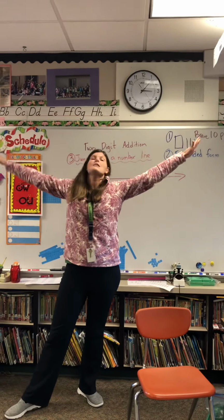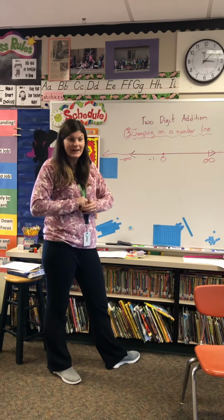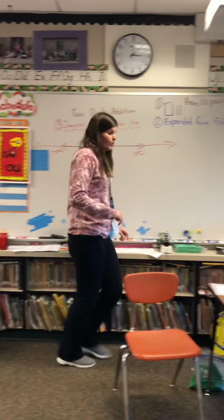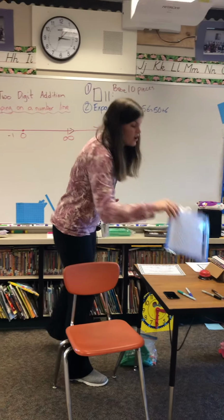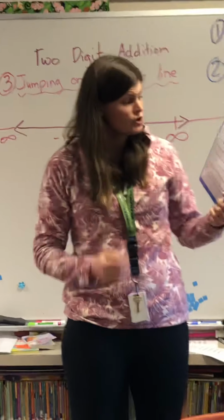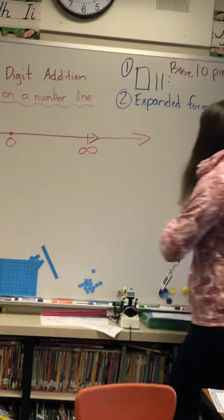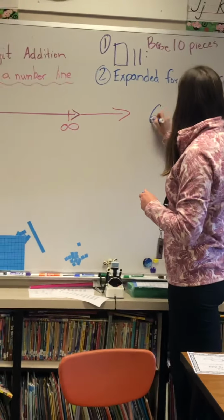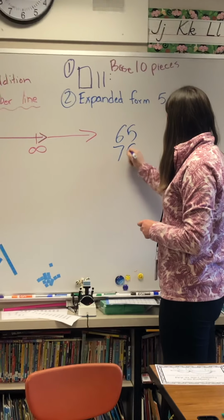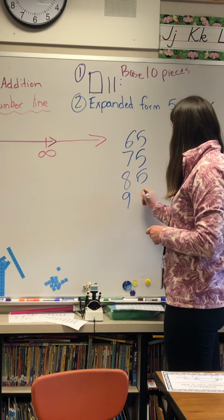So this number line is massive. It could take up the entire school. It could take up all of Tumwater. That's how big a number line is. It goes on and on and on. Now, the reason that jumping on a number line is hard is you need to have a hundreds chart in your head. So if I'm over here and I say, oh, here's the number 65. I want to add a 10. 75, add another 10, 85, 95,